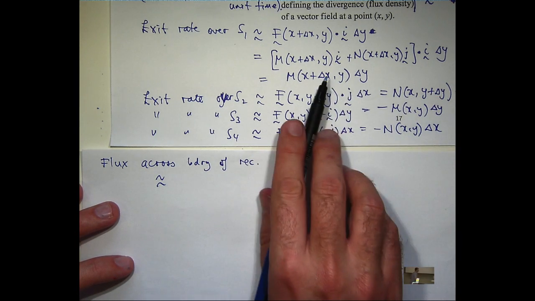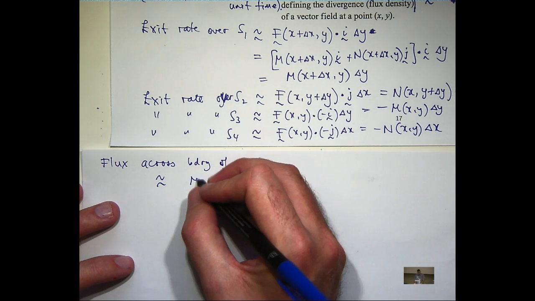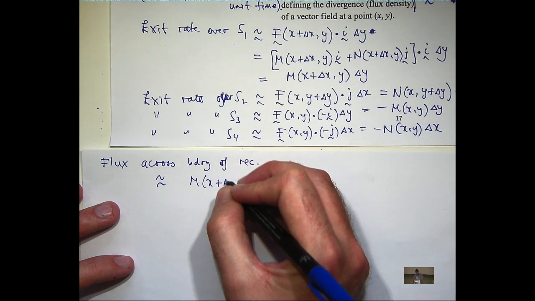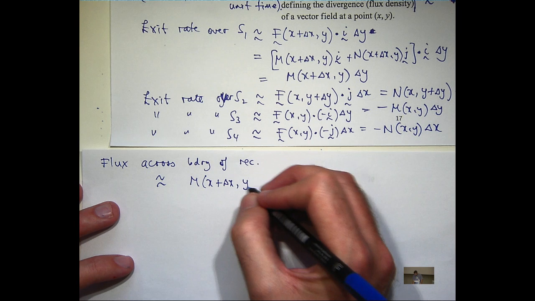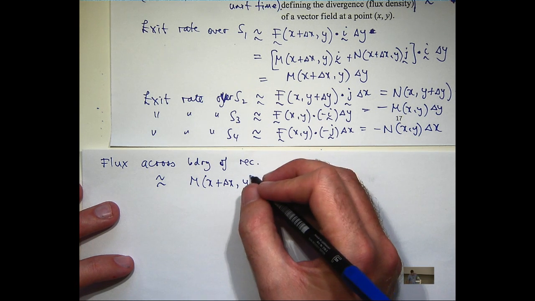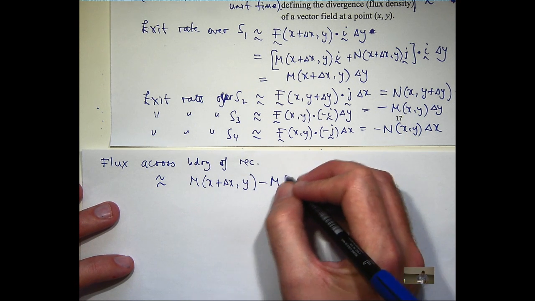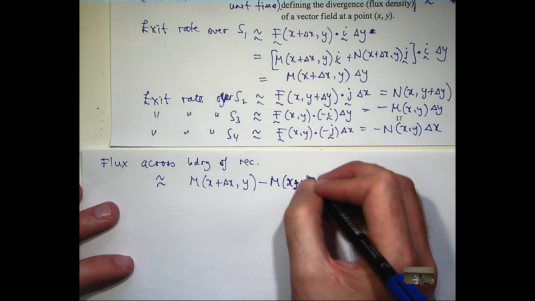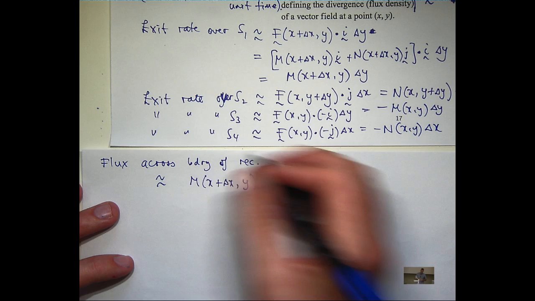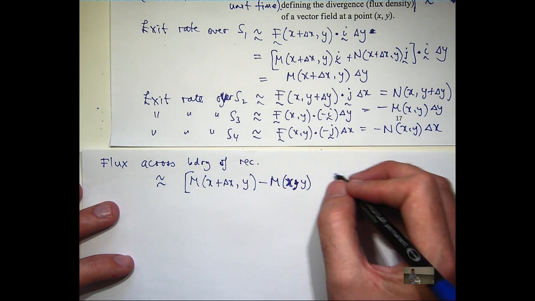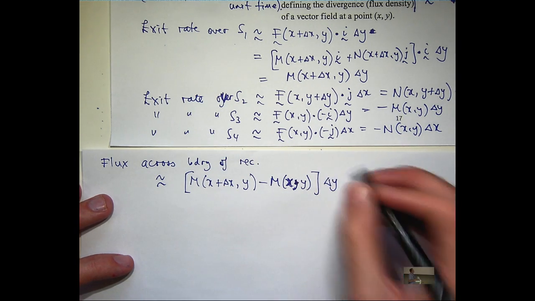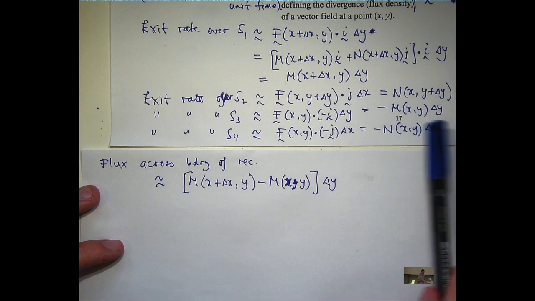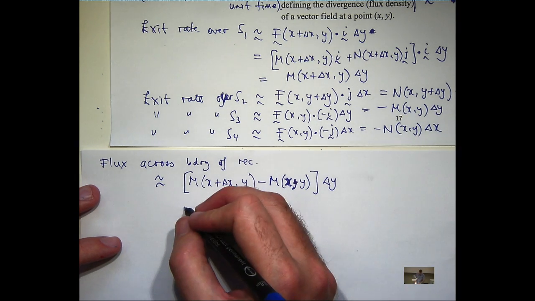Now, if I add this and this and take out the common factor, so it's just a comma here. And if I add this and this, take out the common factor,